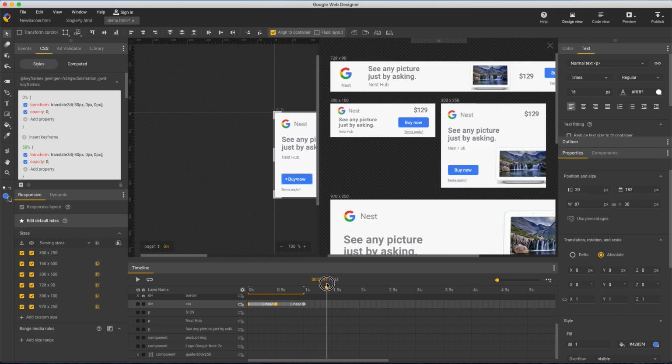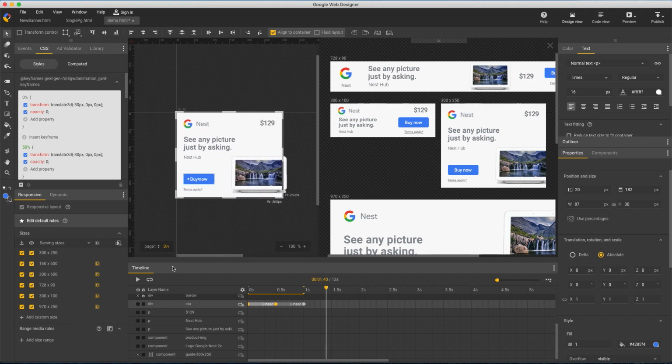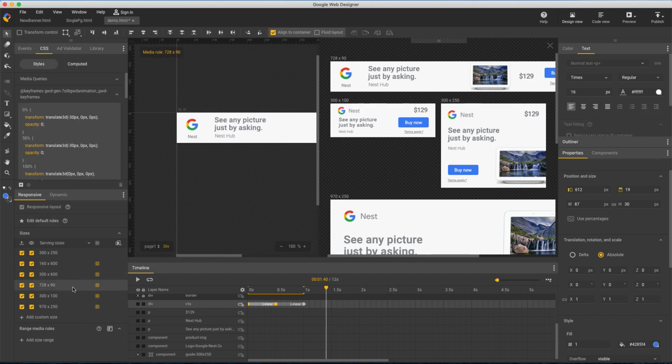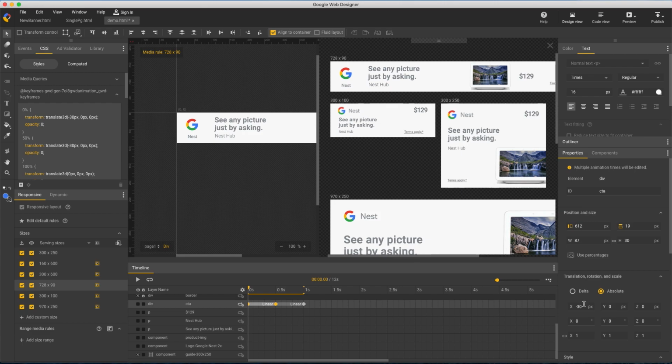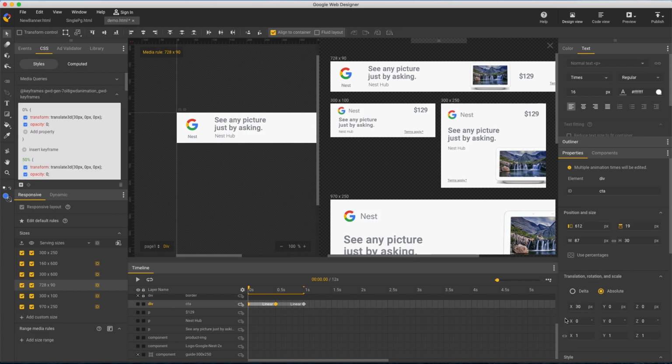And the beauty is, all my other sizes work the same. Another tip is I can adjust these keyframes for any one size, like the leaderboard, where off screen is right instead of left. So I'll select the first 2 keyframes and change 30 pixels from negative to positive.